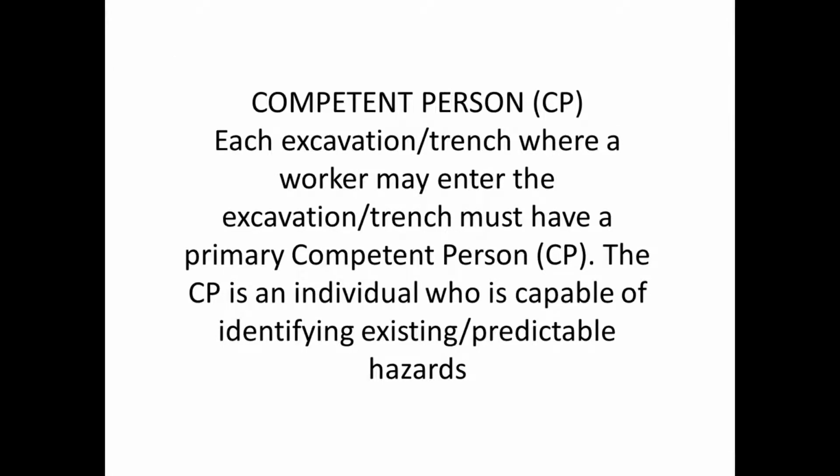Each and every excavation site needs a competent person, if someone is going to enter the excavation or trench. There can be more than one competent person on the job site. Each competent person has the responsibility to make sure that it's a safe work site, but there has to be one person in charge, the primary competent person, who is capable of identifying existing and predictable hazards,